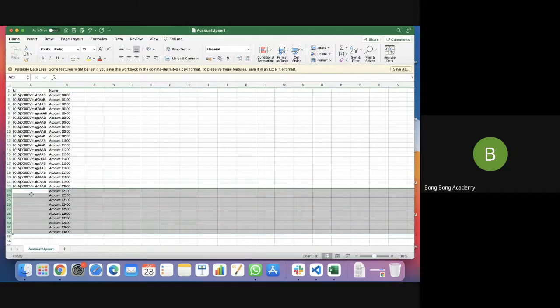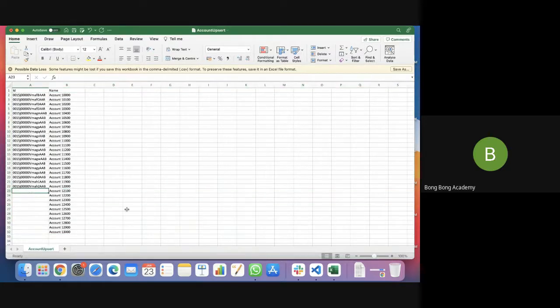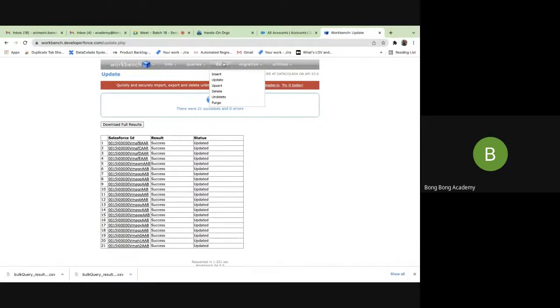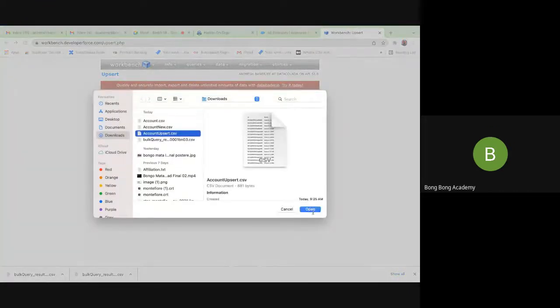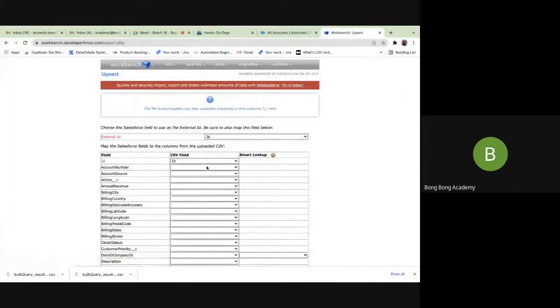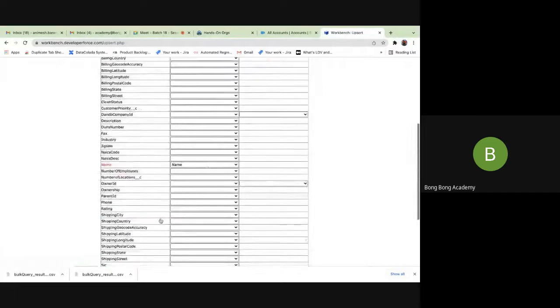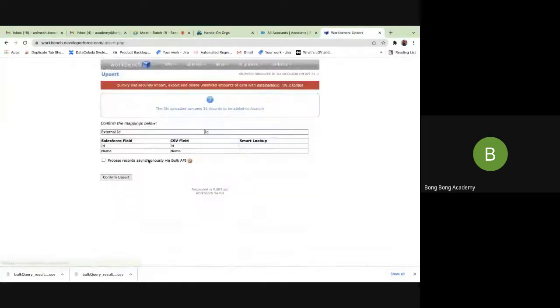In creation, I cannot give the ID, right? Because Salesforce will generate it for us. So I just save the file. So if I do an upsert operation wherein I have provided ID, that will be updated. And if I have not provided ID, that will be created. Let's see this. Upsert. I will now use the upsert CSV. ID is mapped, name is there, map field, same as update operation.